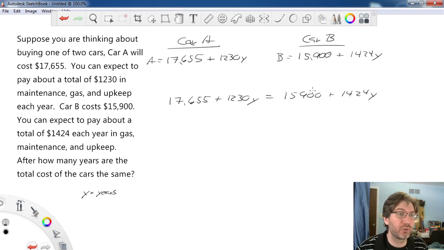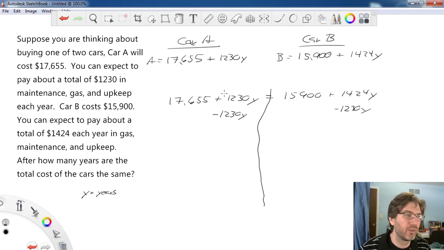So once you get your two equations, which the equations are pretty simple to pick out here, hopefully. That wasn't much the issue, but the numbers are kind of big. We're just going to combine like terms. So you can either bring the 123y over or the 1424y over. I'll bring this one over just to keep things positive. So I'm going to subtract 123y from this side and subtract 123y from that side. Again, whatever I do to one side, I do to the other. This is going to cancel. Leaves me with